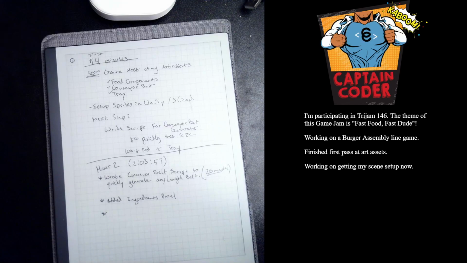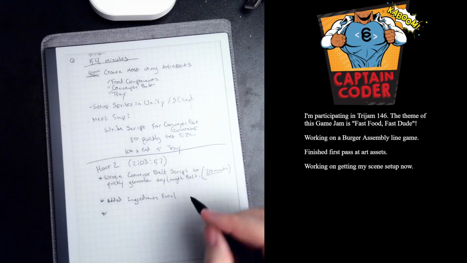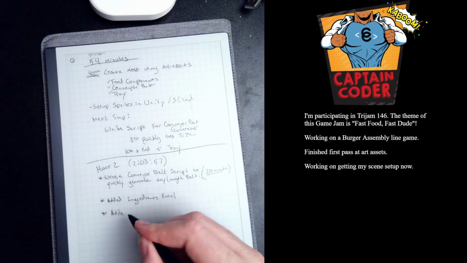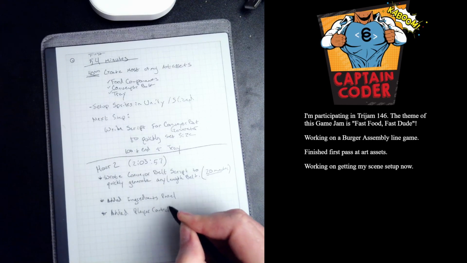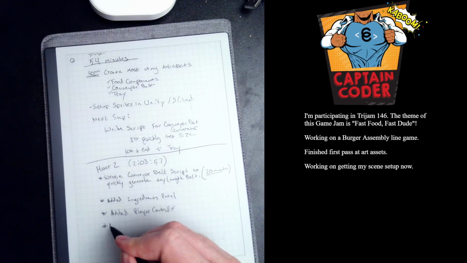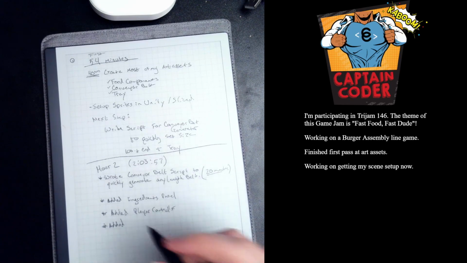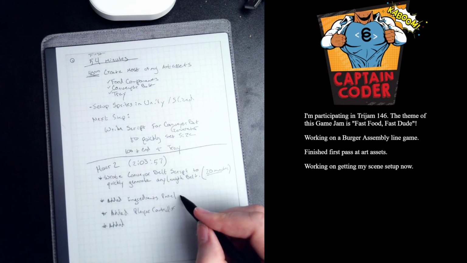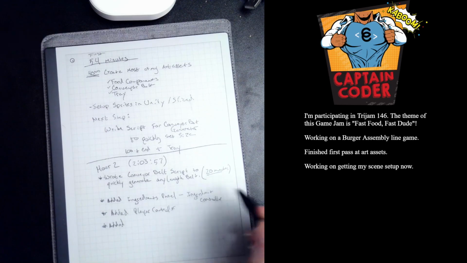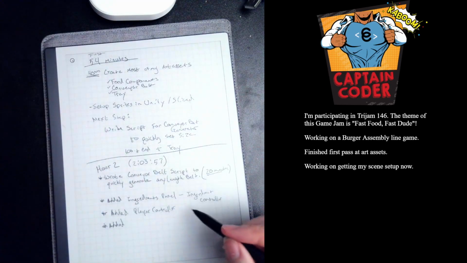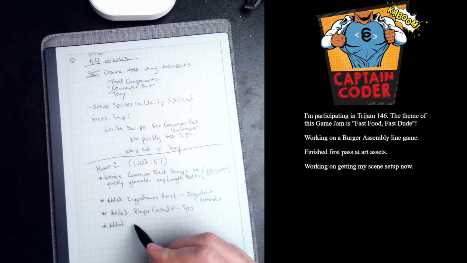So I added ingredients panel, added player controller, added ingredient controller, so I can click on my elements and drag them from there, keep track of the types, and then added